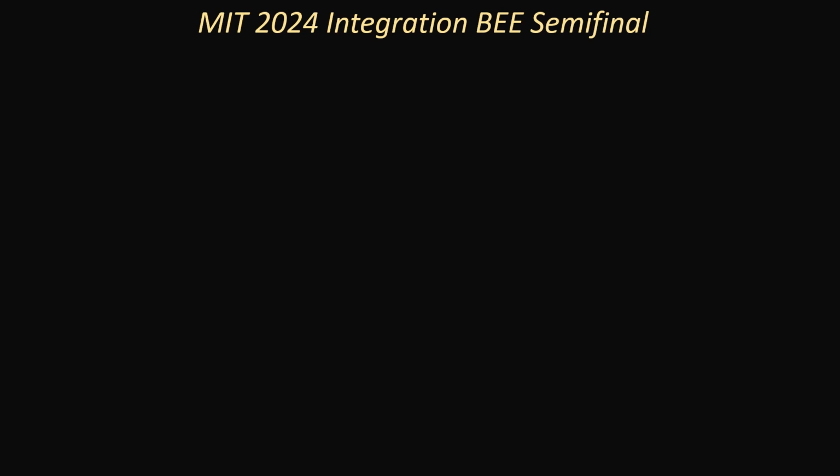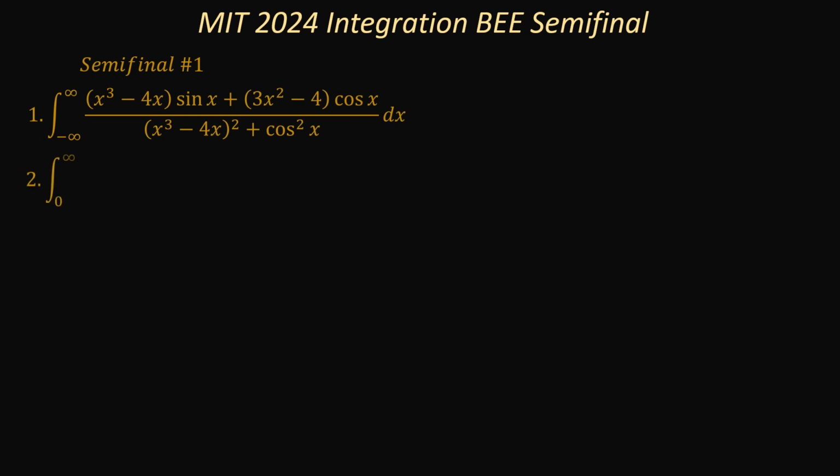the MIT 2024 Integration Bee Semifinals. It had two problem sets, in other words, semifinal number one, semifinal number two. So under semifinal number one, we had problem one, problem two, problem three, problem four,